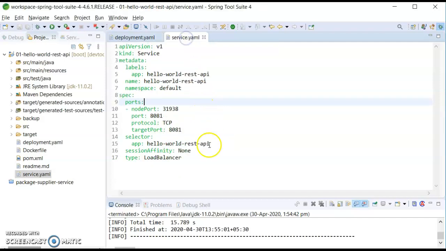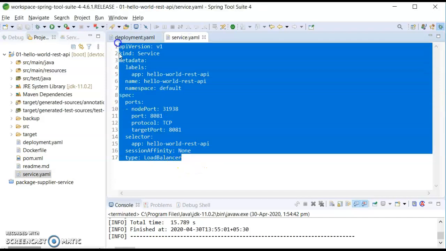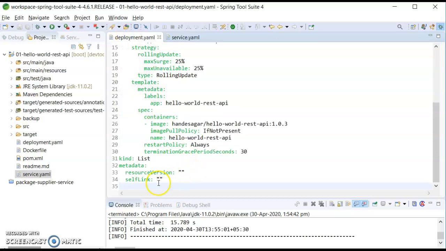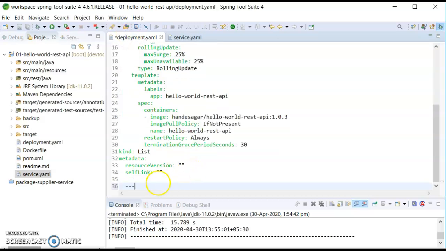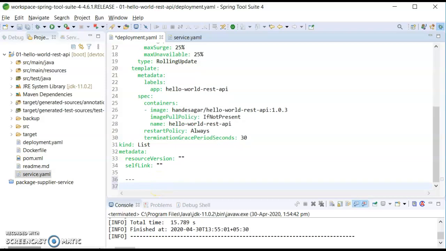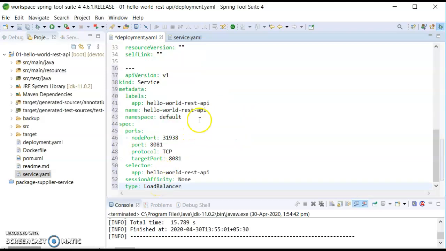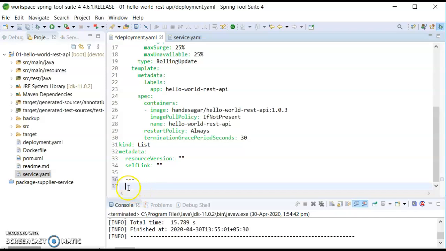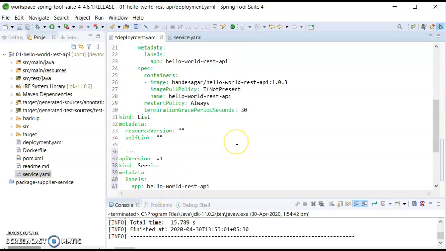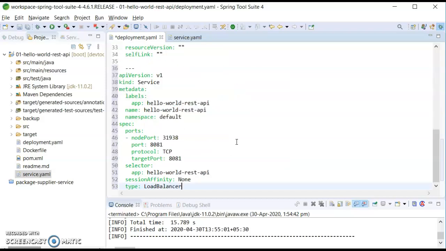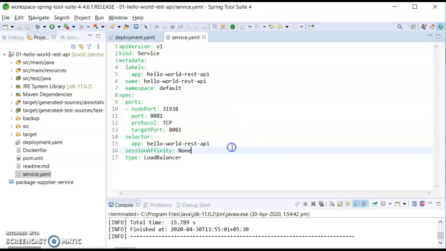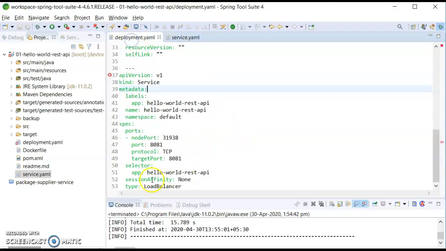What we can do is copy the contents of service.yaml and append these details in deployment.yaml as well, so that we have only one YAML which we can deploy. I will just save it, and then we can simply ignore this service.yaml.